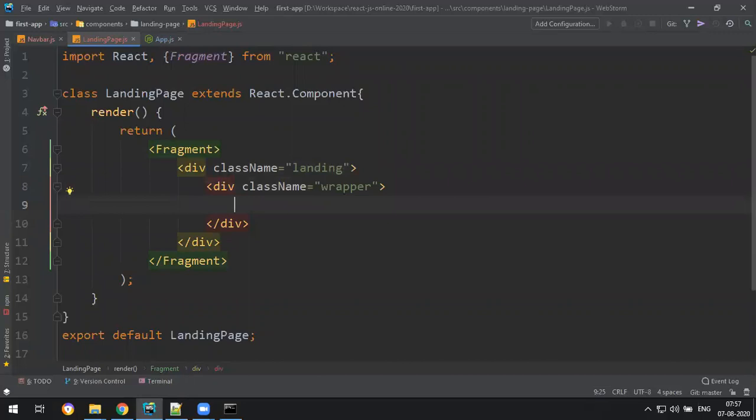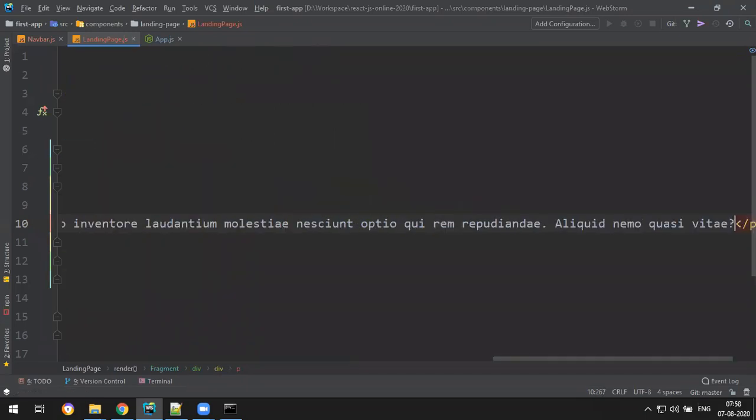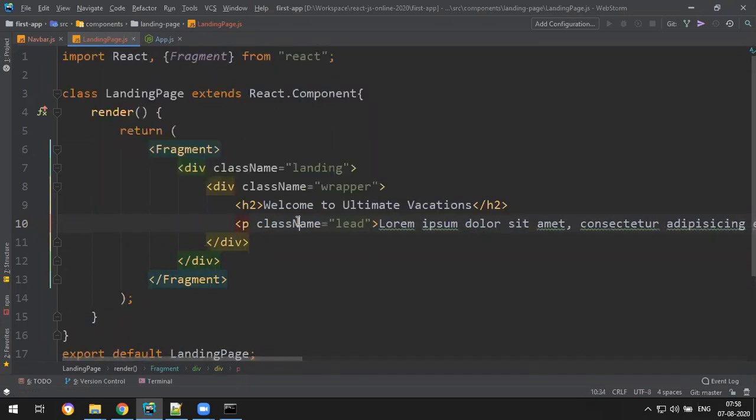In the full screen landing page, I want to give some dark shade over the image. So that's the wrapper. These are my own classes, nothing from Bootstrap. Inside I have an h2, welcome to Ultimate Vacations, and then a p with the class lead, with some lorem text. So you have some text and the heading. Let's check.